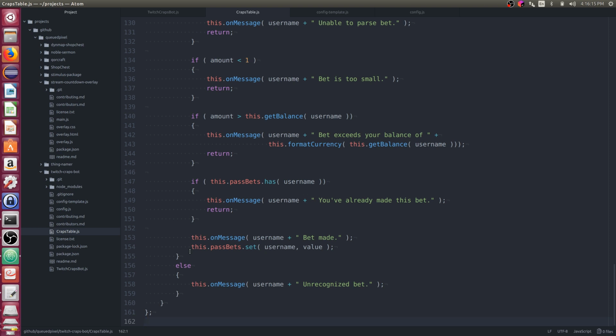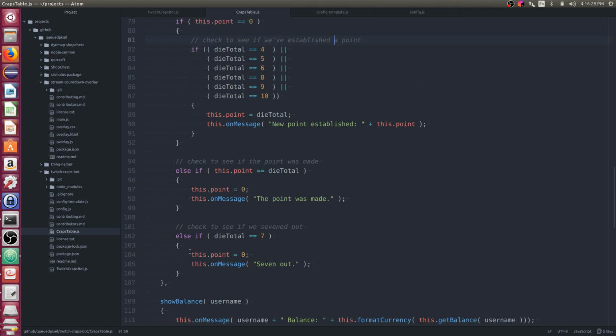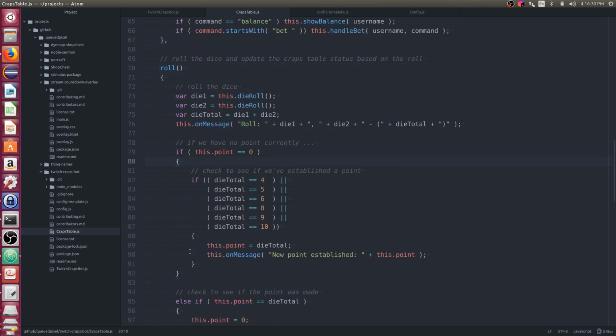So now we officially allow you to place the bet. We don't actually do anything with it yet. And so what we need to do now is go to the kind of logic section and handle this here.